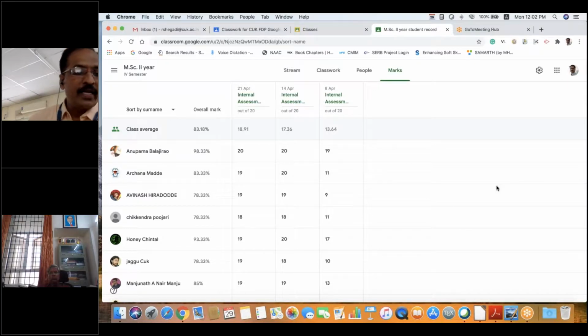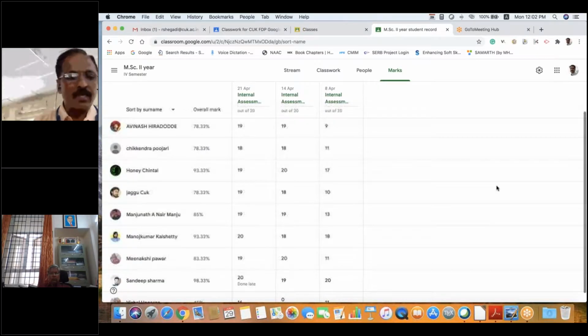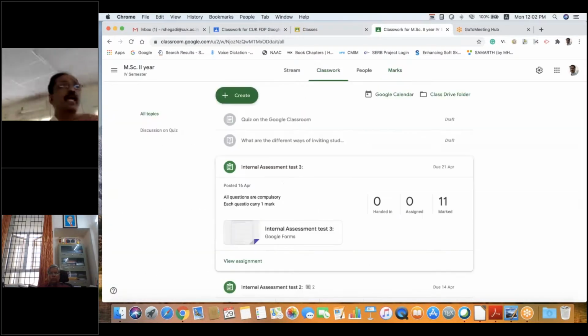So these marks appear over here and get posted automatically. We need not do anything. Students have to answer, and based on the students' answers, marks are posted automatically. In one of the tests, a student could not submit the assignment within the time. He got 0 marks, and for the rest you can find the marks. This is a very useful and important tool, because it saves a lot of the time that we spend on evaluation. And with manual evaluation there is always a possibility of mistakes. I will show you the quiz that I have created, and the assignment.